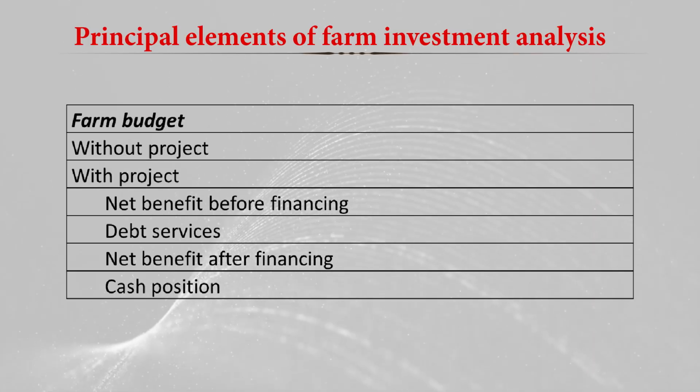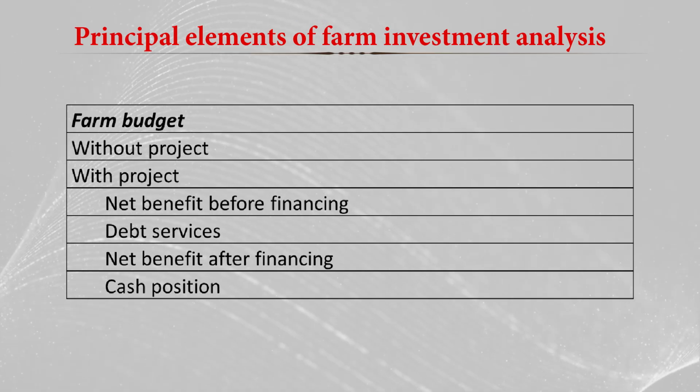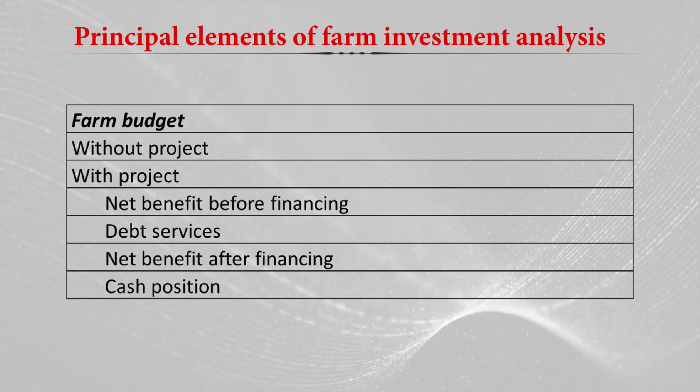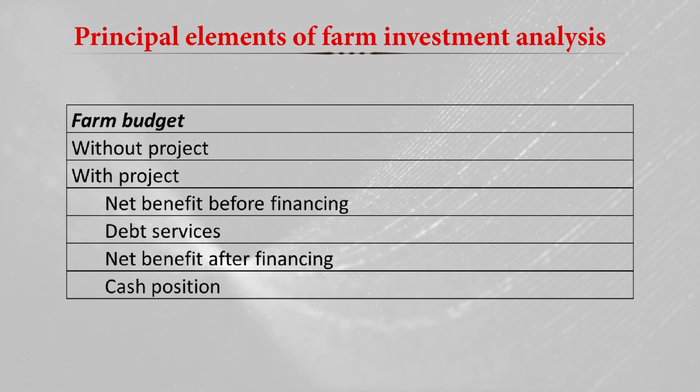So basically in the farm investment analysis, we compare the results or the incremental benefit of the project without the project and with the project, and only then can we get the net benefit. So here there are different components of our budget. We have to calculate the budget without the project, with the project, and then we have to calculate the